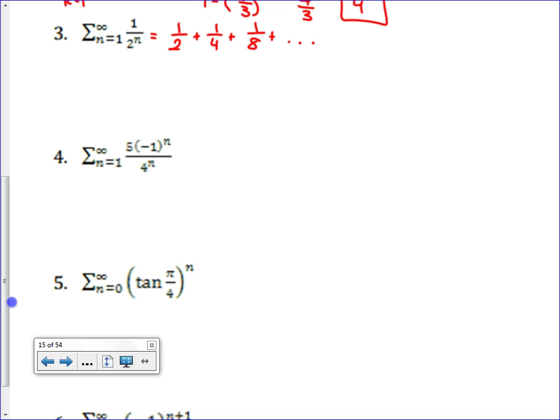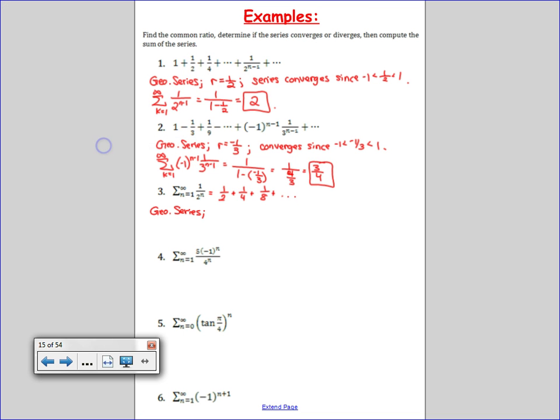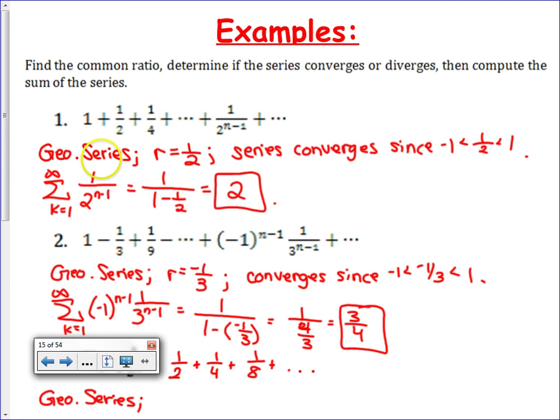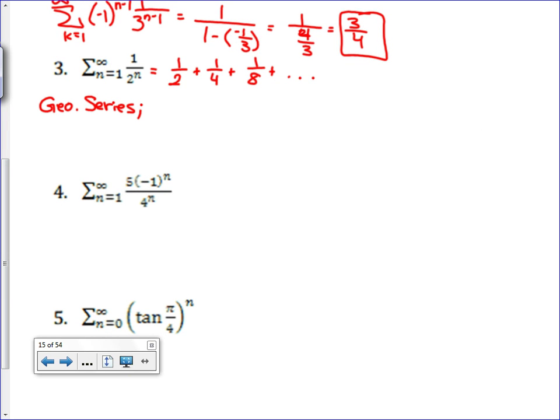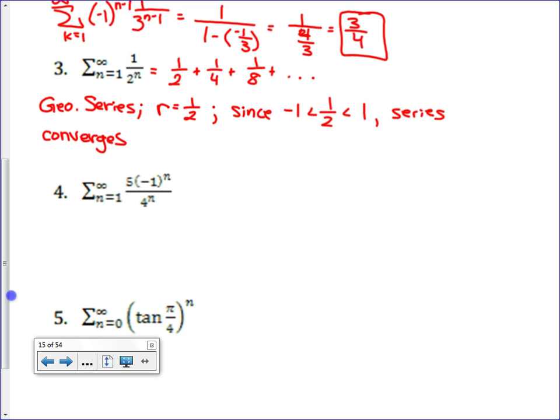1/2. So first of all, it's a geometric series. Remember how I was explaining everything on Friday? You explain everything for these tests. I have to make sure that you process through the whole test, because some are easier and some are harder. Geometric series, r is equal to 1/2, since 1/2 is in between 1 and -1, the series converges and converges to